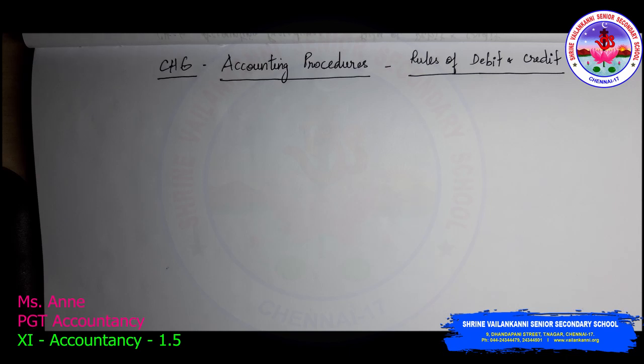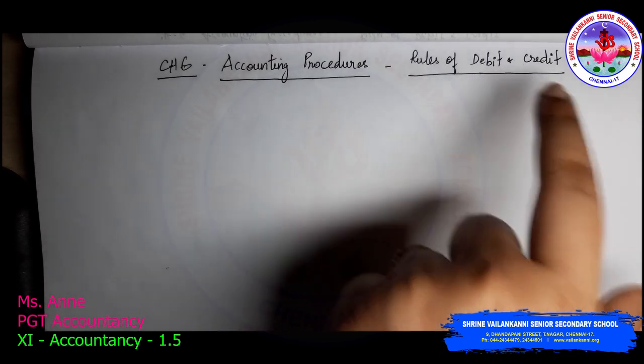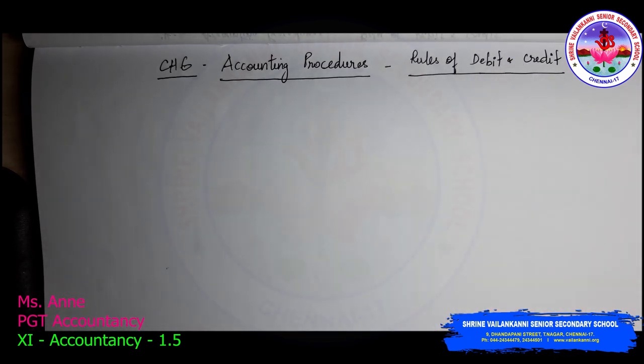My motto is that you need to understand accounting well. So there is no point of learning the theory without understanding how you are going to actually practice it. So first we will try to practice it based on the rules of debit and credit, and then we will try to understand how the theory works. Okay, so first let me teach you the rules of debit and credit.